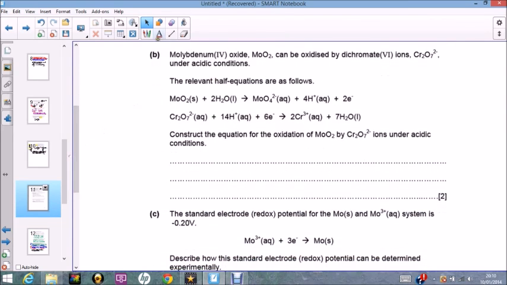Following on from that, we've got some electrode potential data. So it says molybdenum can be oxidized by dichromate ions, which are shown here, and then we've got some half equations. So what we're going to do is look at the electrons. We can see there are 2 electrons here in this half equation, 6 in this one. That means that we're going to times all of the top equation by 3. And then we're going to add them together. So what we should get underneath